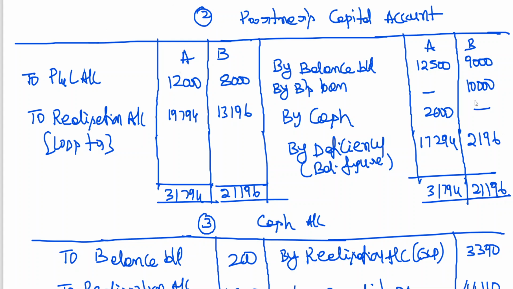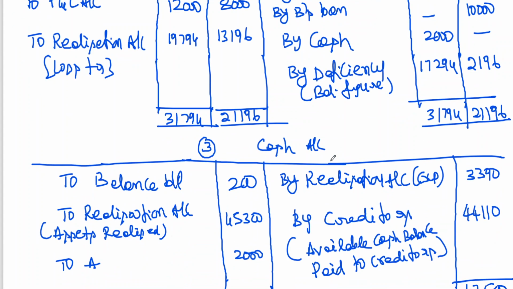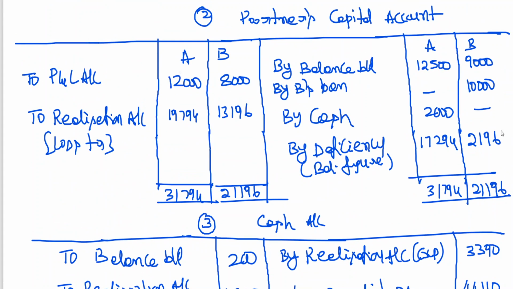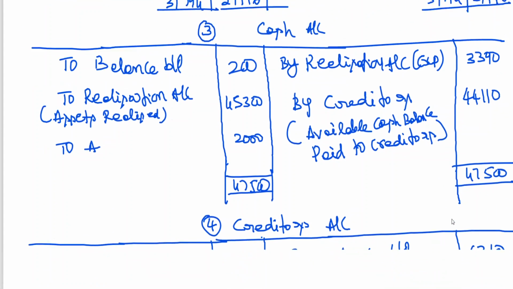Why is this amount reduced? Because the amount that is due by the firm to the partner has been adjusted. Otherwise this amount could have been 12,196. He is supposed to bring 12,196, and the firm is supposed to pay 10,000. If you don't transfer the loan, what happened? He is supposed to bring 12,196, and the firm is supposed to pay 10,000. That means finally how much he has to bring? 2,196. Okay. So now we need to cross check whether that is right or wrong.